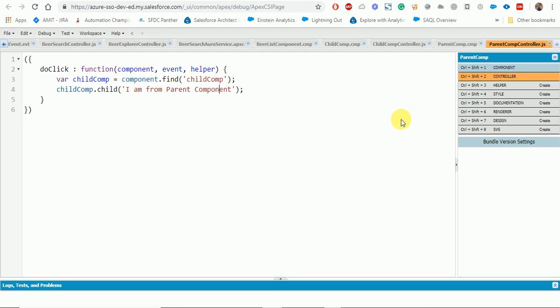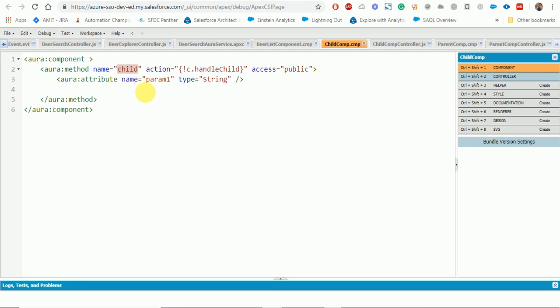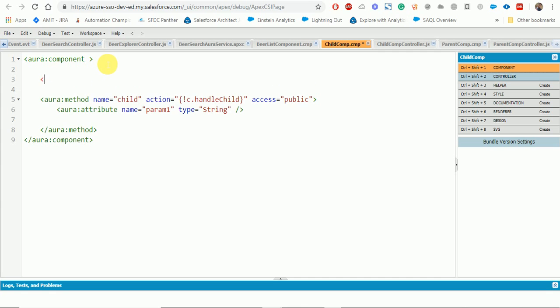So here in the child component we will create one more attribute outside the method, that will be aura colon attribute. The attribute name we will give is onclick, and then the type will be aura colon action.